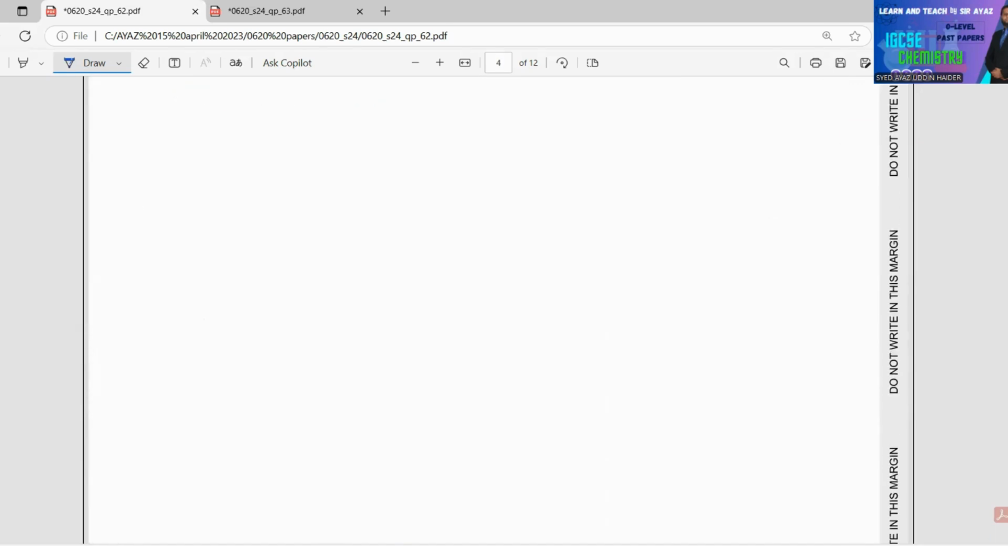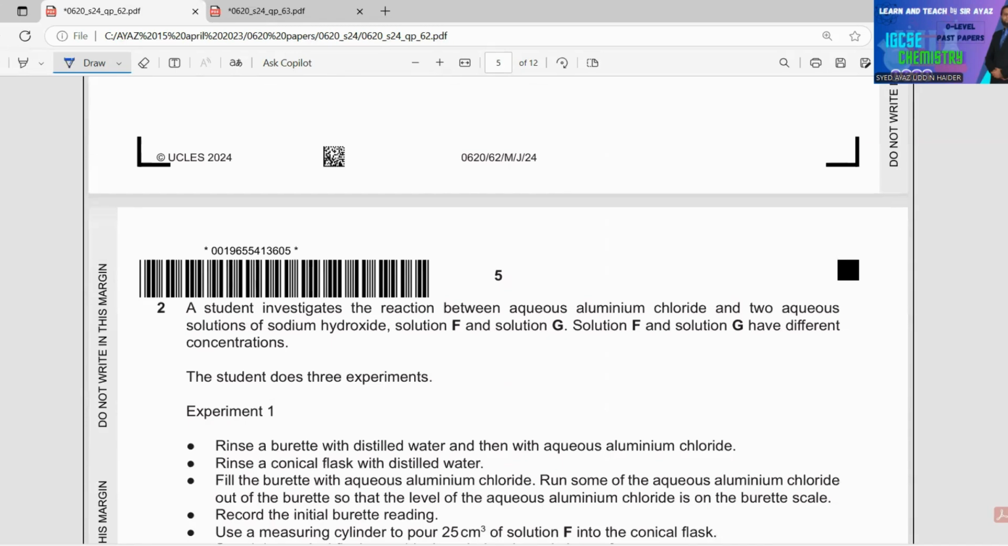Moving to question number 2. A student investigates the reaction between aqueous aluminum chloride and two aqueous solutions of sodium hydroxide, solution F and solution G. Solution F and solution G have different concentrations. The student does 3 experiments. So there are 3 experiments in this. Experiment 1,